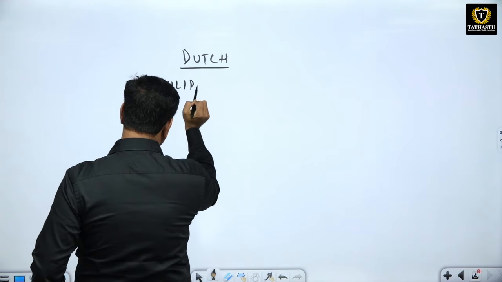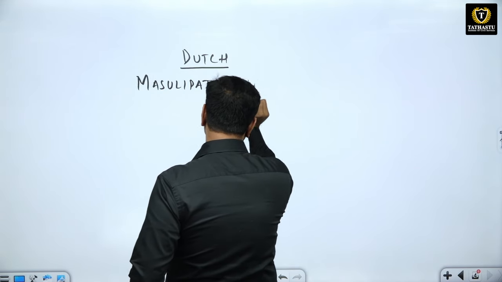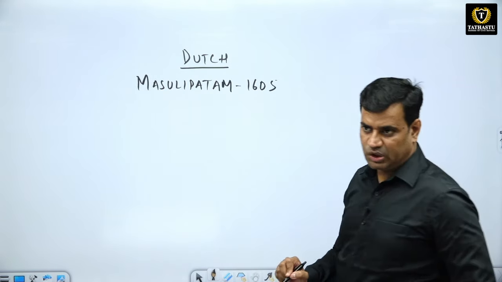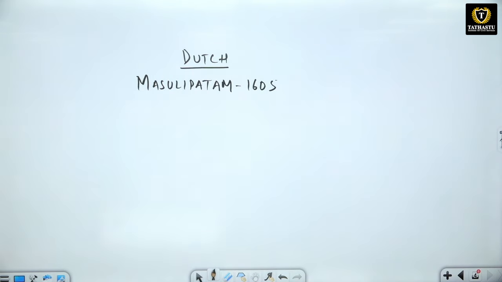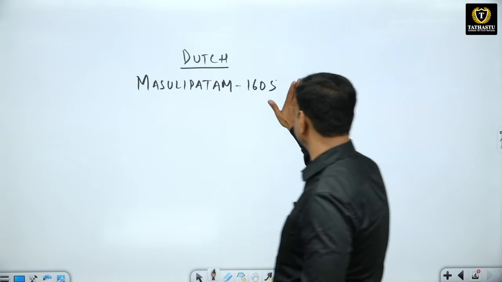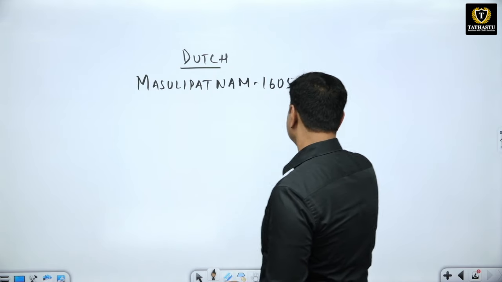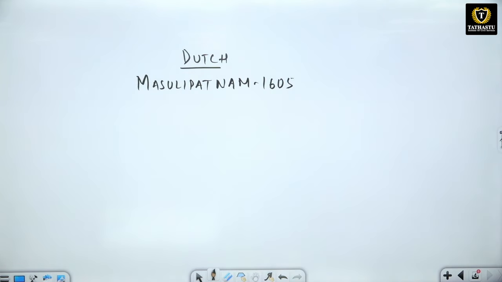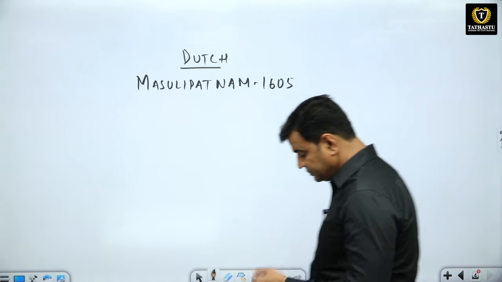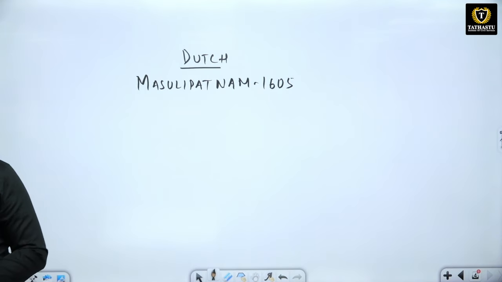At Masulipatam, a very important location on the Andhra coast, they established the first settlement in 1605. Clear? However, their most important settlement was